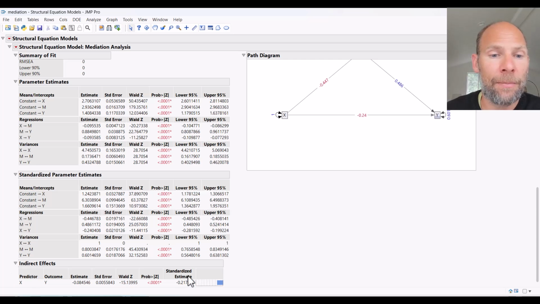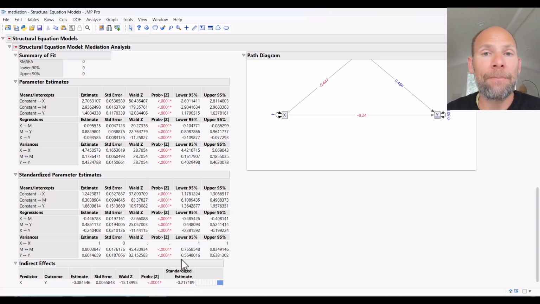Those appear at the bottom with a standard error, z-statistic, p-value, and also the standardized estimates are automatically provided. You can see here, based on this test of significance that uses the standard error, there would be a significant indirect effect with a p-value smaller than